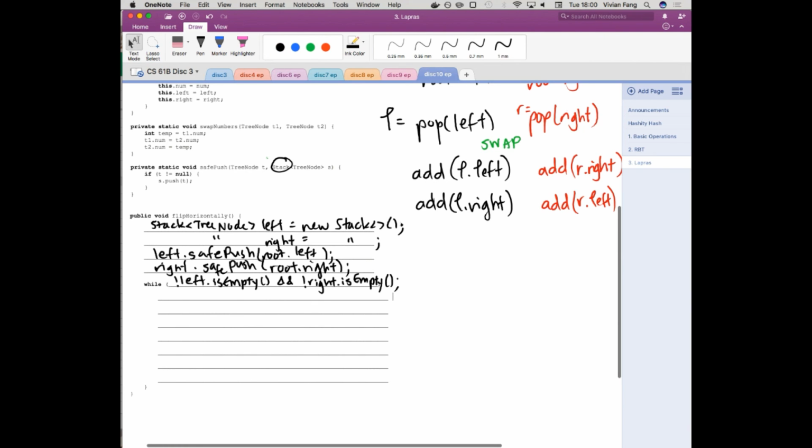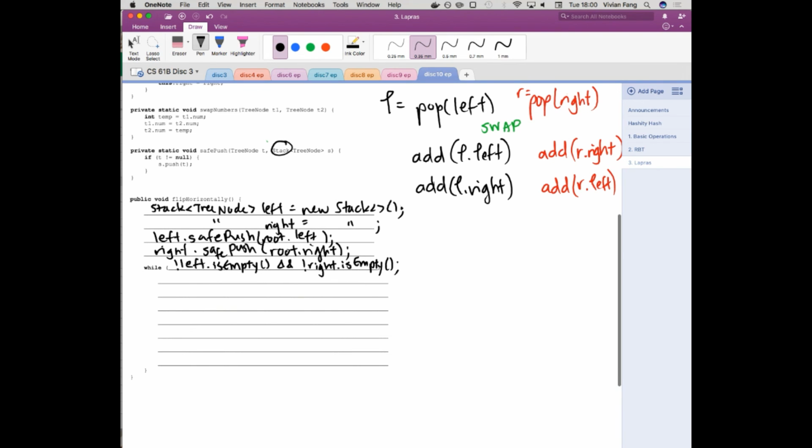Because our left and right side have the same structure, they have the same number of nodes, whenever your left stack is empty, your right stack will also be empty. So now we have to pop off L equals left.pop, and then R equals right.pop. And just looking at our pseudocode, we have to swap, right? So we're going to swap the values of L and R. Are we good?